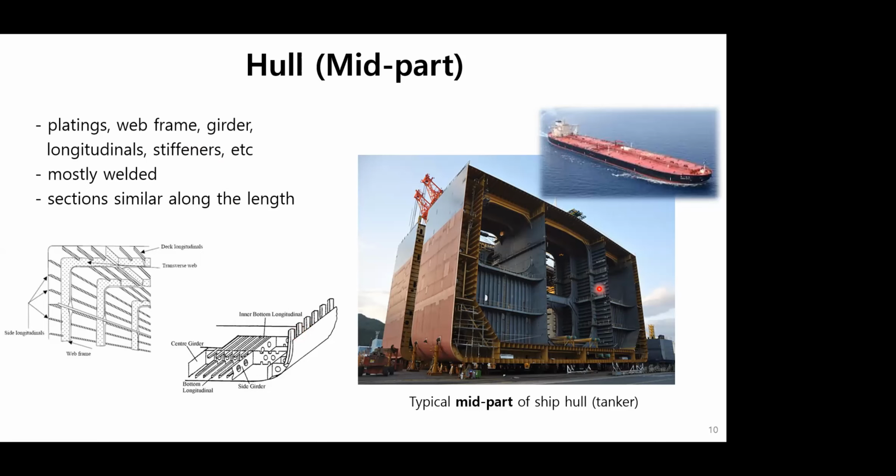In general, the sectional shape and the arrangement of elements are similar along the whole length. In other words, they are repeated at regular distances of several meters in order to be effective in manufacturing. To make a whole ship, quite a number of these blocks are transported to a certain place, as you see in the photo, and assembled together in a place called a dock.